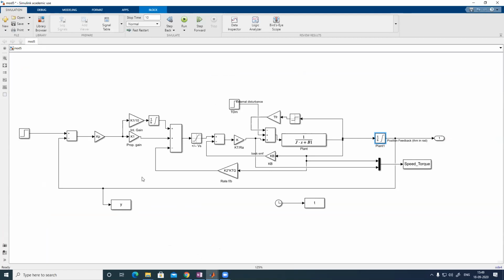Sir, the limited integrator limit is minus 13 to plus 13. This PI controller, it is minus 30 to plus 30. Because that PI controller is implemented using analog circuit only. That is using op-amp. That op-amp having plus 15 and minus 15 volt as limit. So in the safer side of linearity, it is plus or minus 13 only.